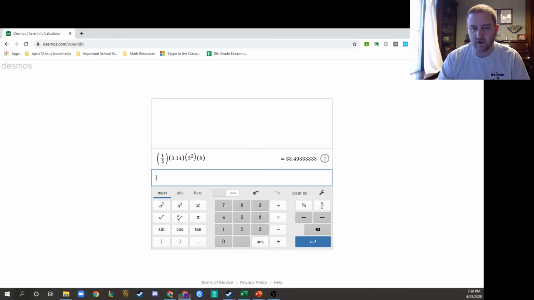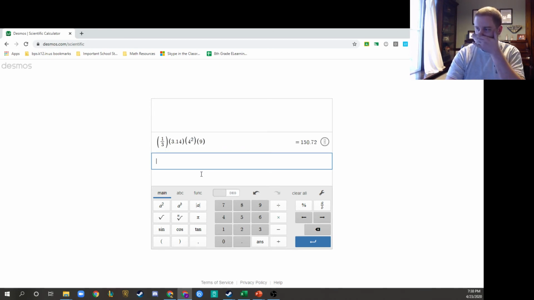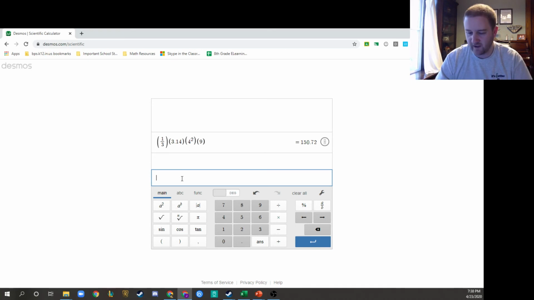So we're going to go back to our calculator. And really, if you still have this up from the last example, all you got to do is change a couple of things. What changed? Okay, the 1/3 stayed the same, so that can stay as it is. The 3.14 stayed the same. Our radius changed, so we're going to change that to 4 squared. And then our height changed to 9. And you can see we get our answer here of